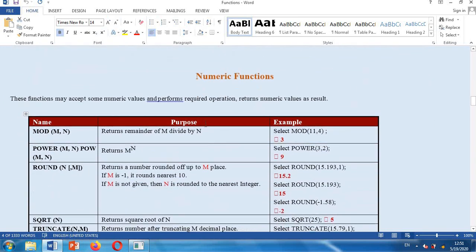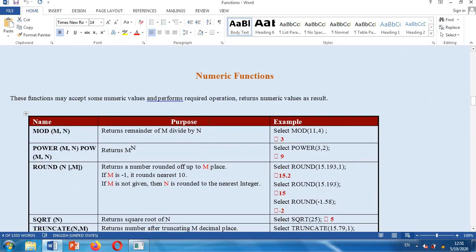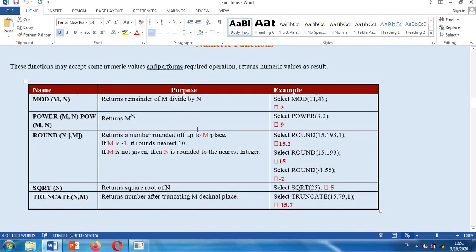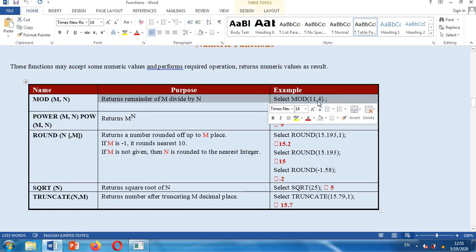Second is numeric functions, and we already know numeric functions work on numeric values. So here 5 numeric functions are there: MOD, POWER or you can say POW, ROUND, square root that is SQRT, and TRUNCATE. So the MOD function returns the remainder of m divided by n, and you can use it in this way,